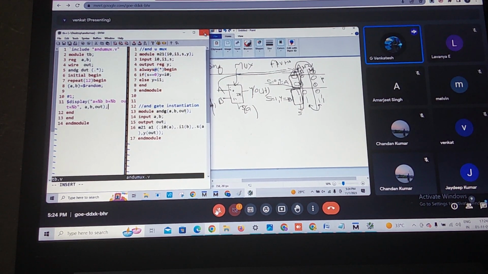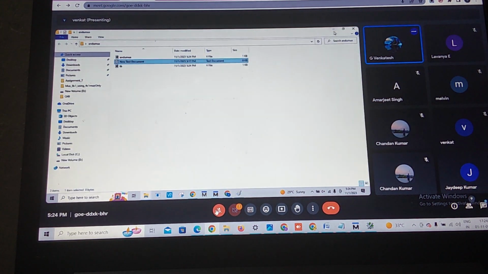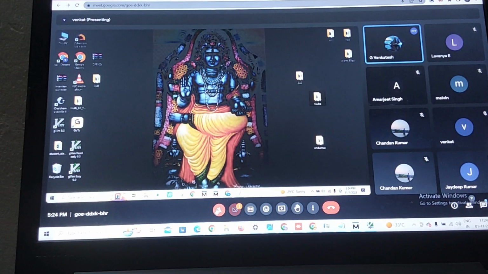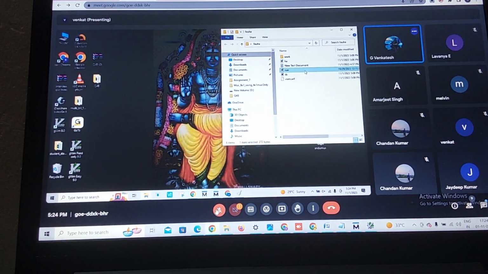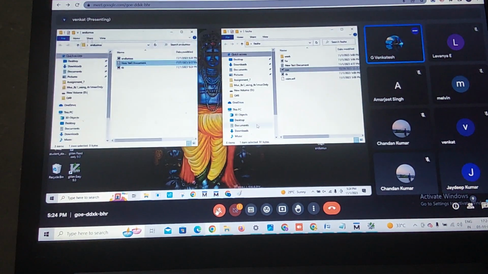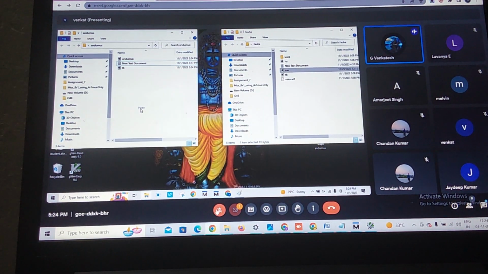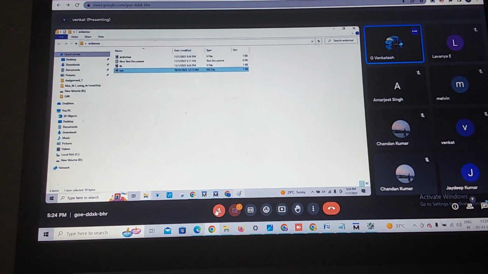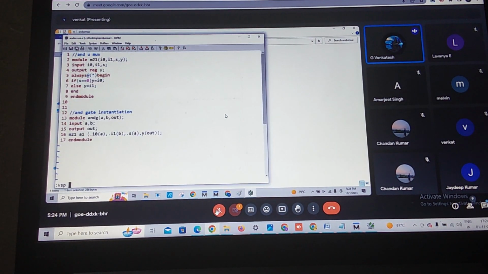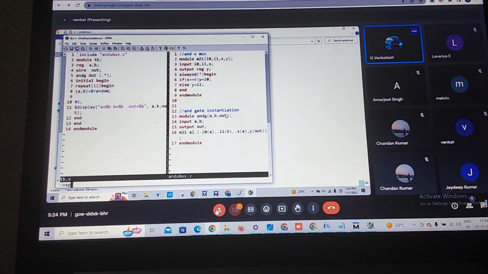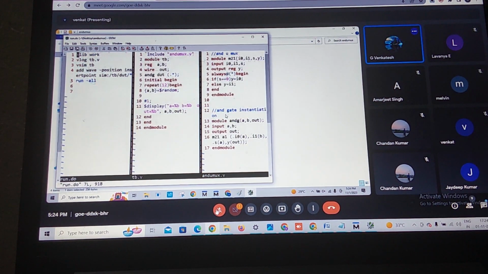I will copy paste and run the file from this old one. I will open everything. Can anyone doubt? Let me know. Up to here.